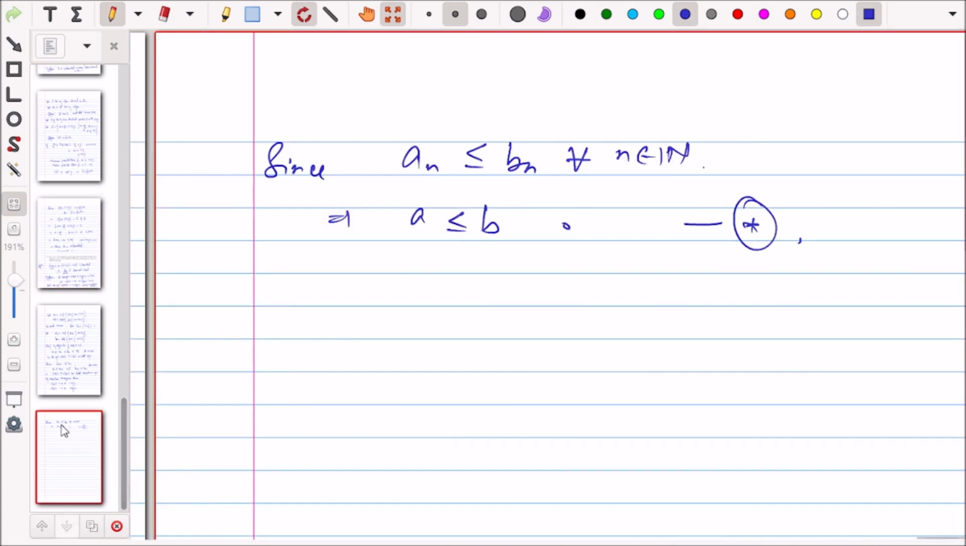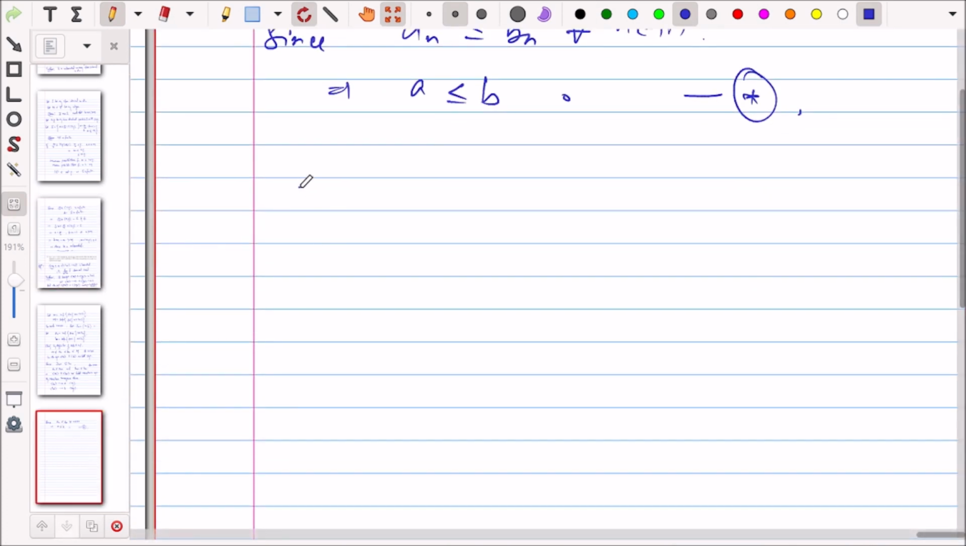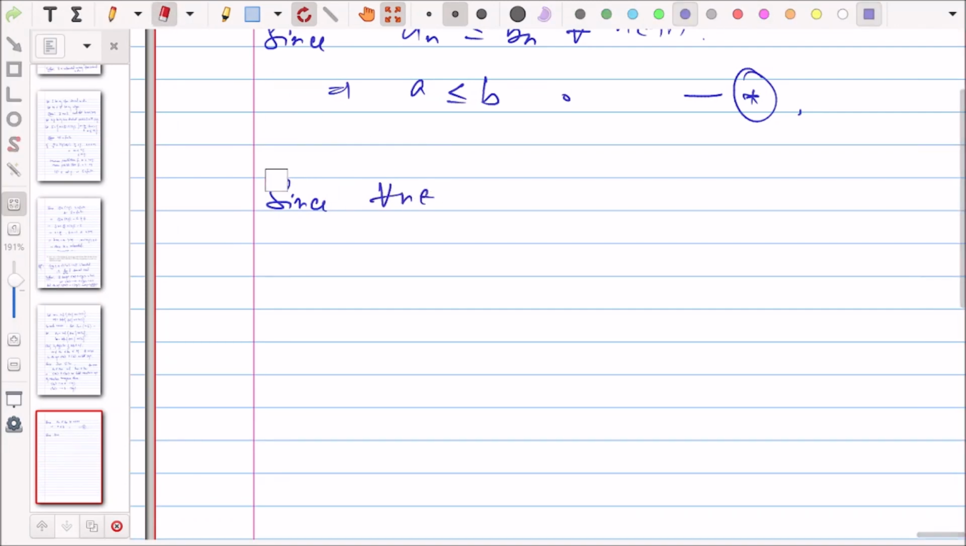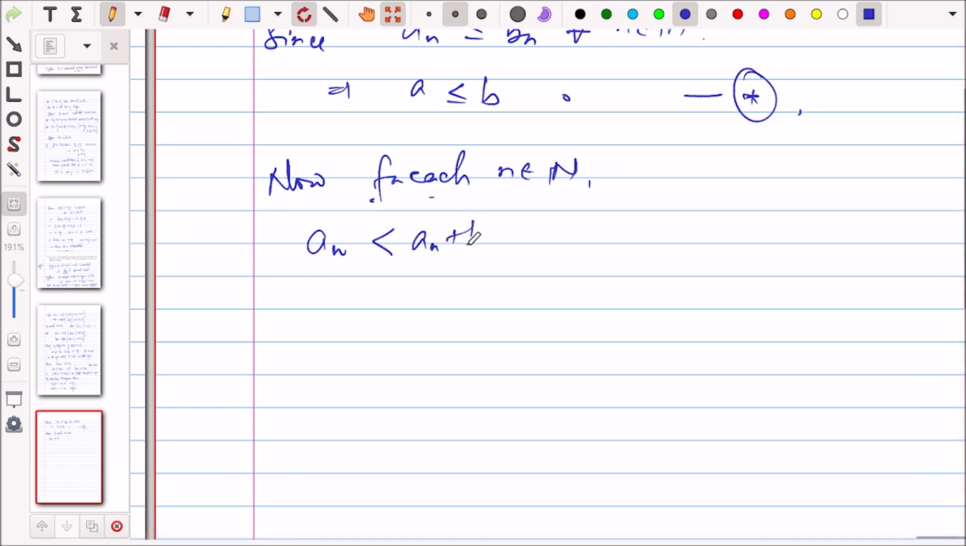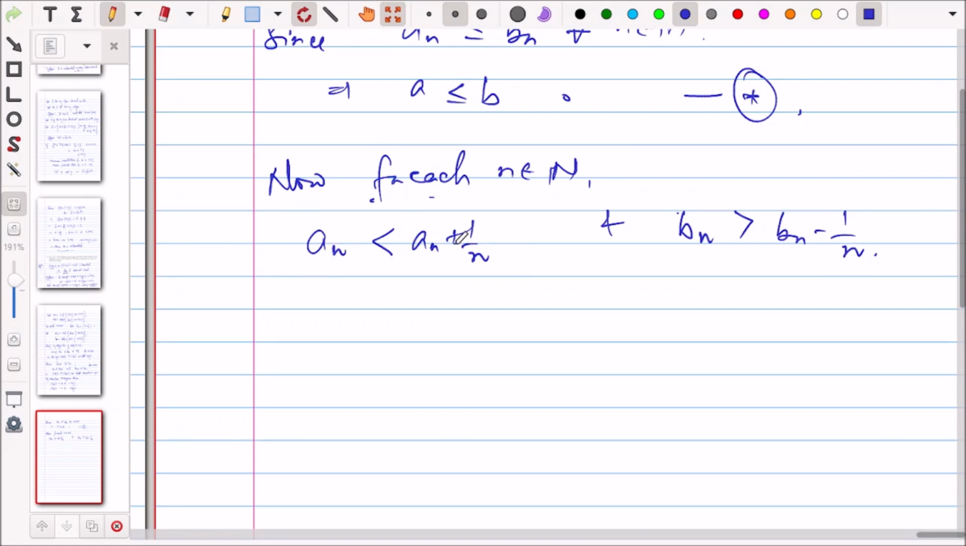Yes, so how we will generate these sequences? So we will use the definition of supremum and infimum. So since for all n belonging to N, an is less than an plus 1 by n, right? And bn is greater than bn minus 1 by n. So this is not infimum, that means there exists some xn belonging to In such that